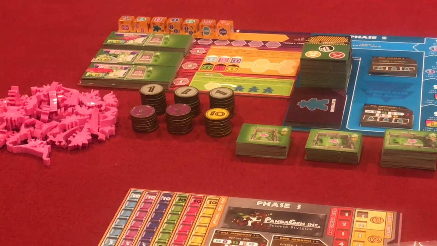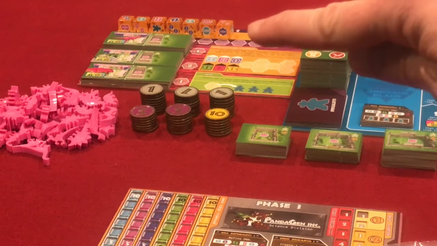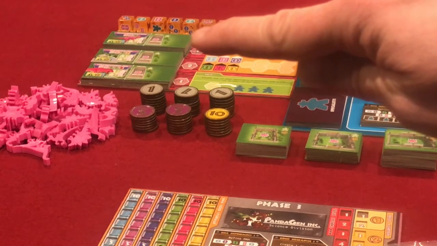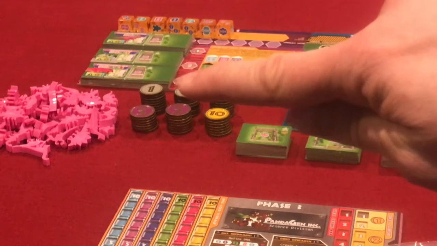Here's the basic setup for a 3-player game. As you can see, the Phase 1 board is this board right over here. There are 7 dice because you have 2 dice for each player plus 1 extra. And then you have the herbivore dinosaurs, the small carnivore, and the large carnivore piles to buy the dinosaurs in